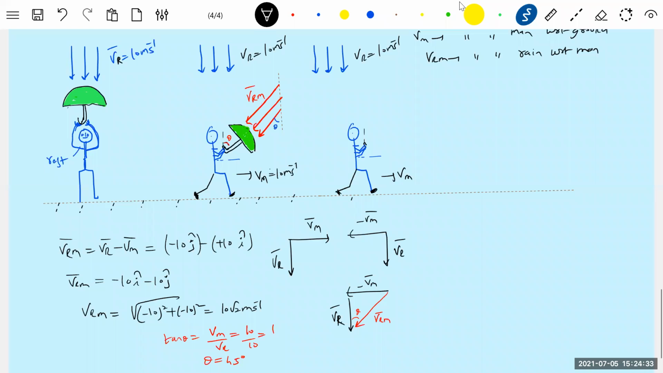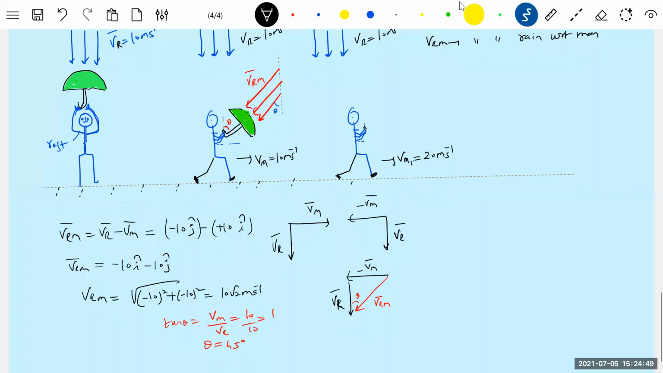Now he is running with the earlier speed Vm, and I'll write Vm1. Let him double the speed. Then how should we hold the umbrella, how much should he tilt? Then what is the speed of the raindrop with respect to the man? What is this Vrm bar? The speed with which